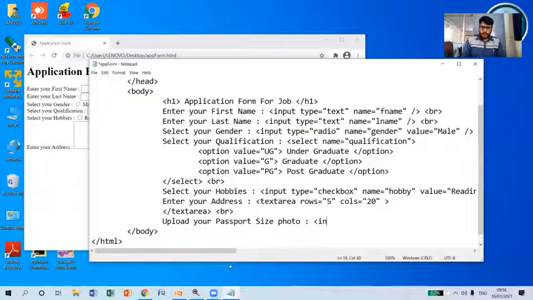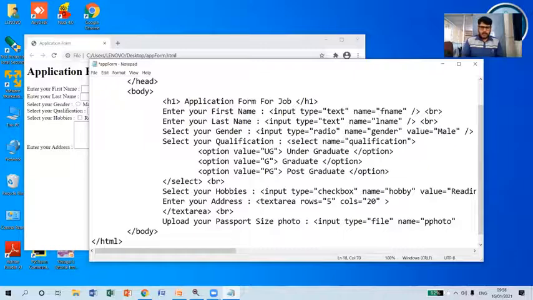Okay, so to upload this one, I'm going to use input type as file here, because I need to include a file upload box now, and I'm going to specify name as pphoto, passport size photo. Okay, so you can specify any name which is convenient for you. The type spelling is wrong here.